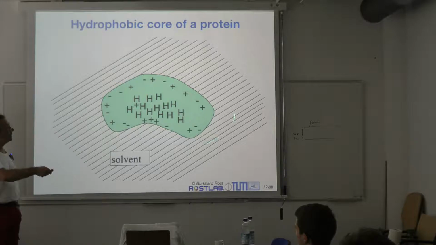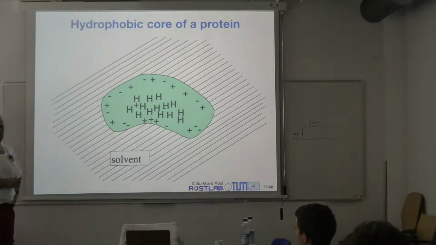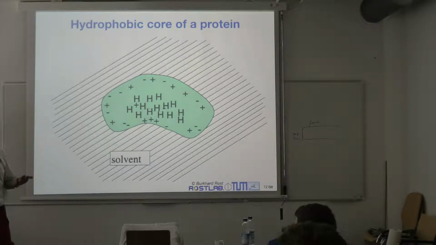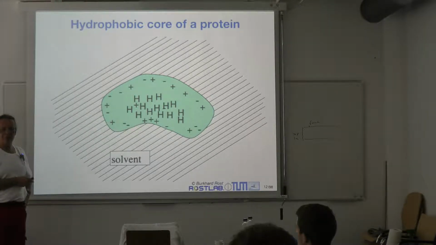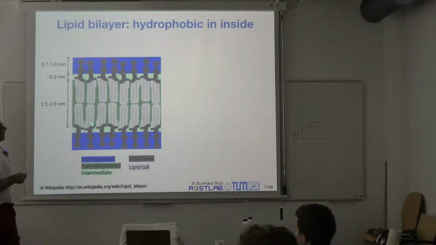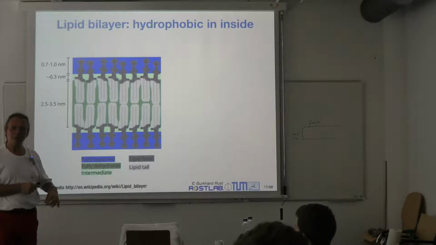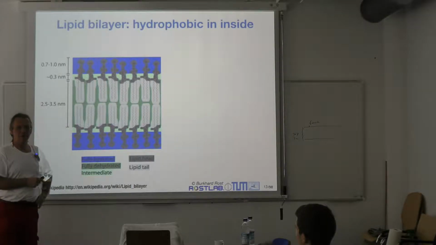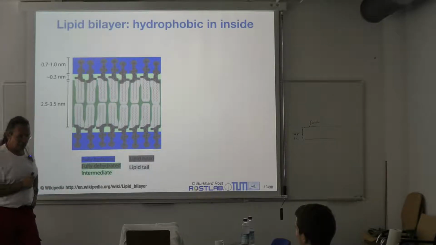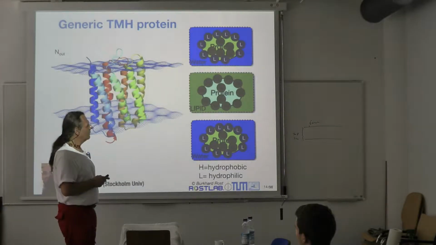While typically proteins sit in a solvent, and therefore at the surface of a protein you have hydrophilic residues, the hydrophobic ones are on the inside. Now you change it to a situation where, in the environment of the membrane, you have hydrophobic residues. That is the other part that I skipped, and here's a better way of looking at that